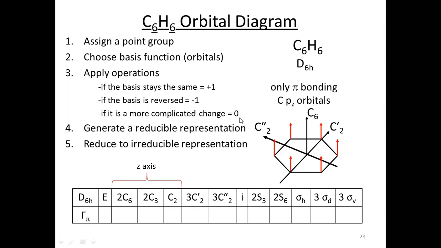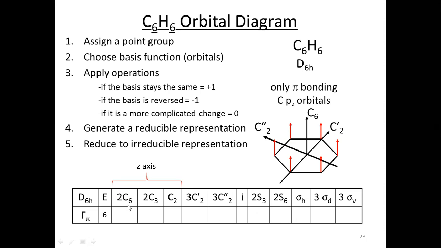Okay. Now let us see if we apply E. We know that for the benzene molecule, we have 6 pi orbitals, and applying E keeps everything the same. So on applying the symmetry operation E, all the pi orbitals will be at the same position. That's why it will be 6.